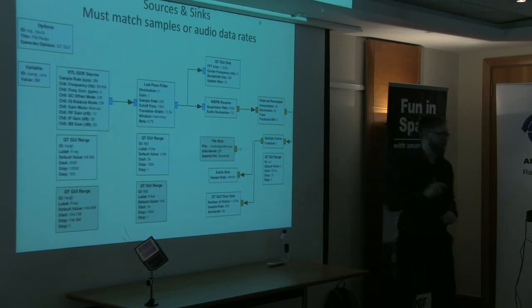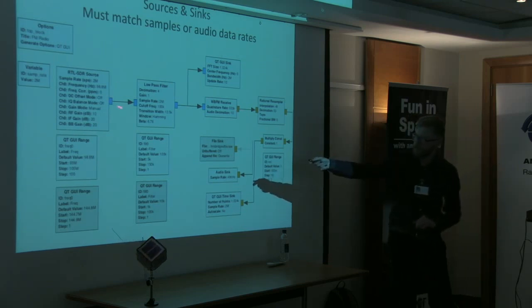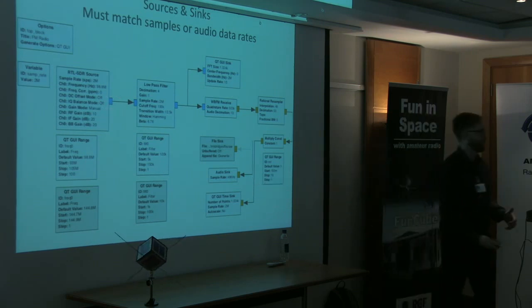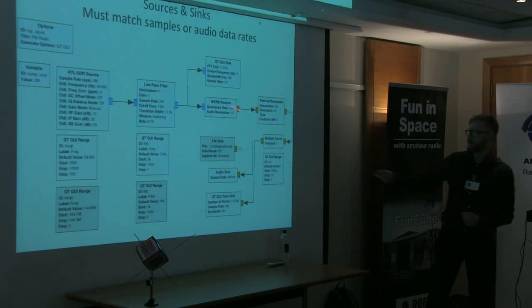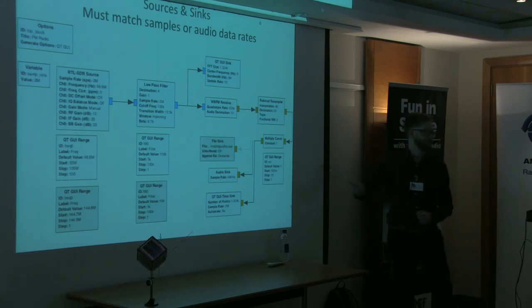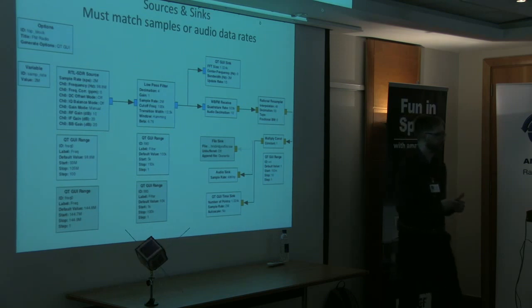Okay, this is where these colors kind of come into play. So these blue ones that you see coming out of these blocks, this means that you've got a complex signal. It's an RF signal that's going to be coming out. And as soon as you see these orange blocks, it means it's a float. Okay, so the data types and the rates of those data types are going to be important. So if you're going to be writing your own blocks to do these things, you're going to need to be